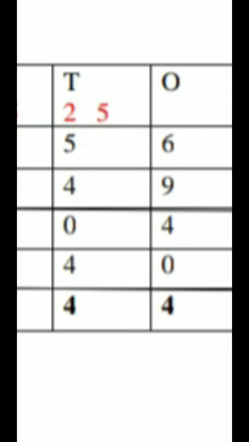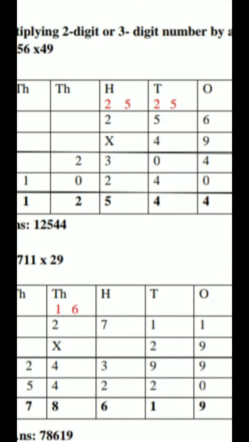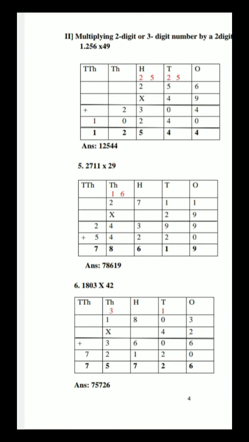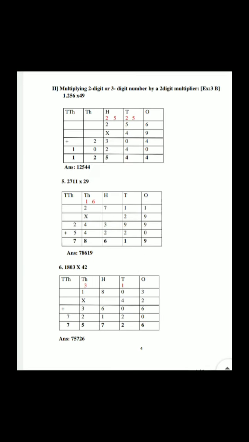For example, 9 6s are 54. So 4 in 1's column and 5 in 10's column, but as a carryover. And if I am multiplying 4 6s are 24, then 4 in 10's column and the carryover 2 goes again in the 10's column. So this way you can bifurcate the carryover, which will be easy for you to add them up when you are finding their products. So here you can follow these multiplication sums which are already solved, and the remaining ones you are going to solve in your maths notebook.